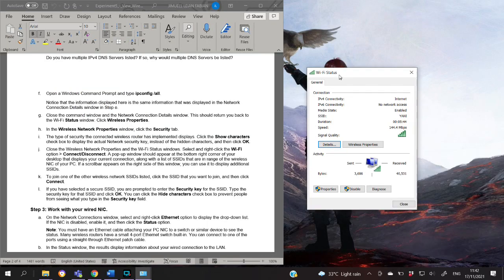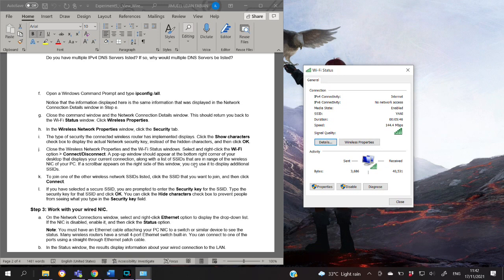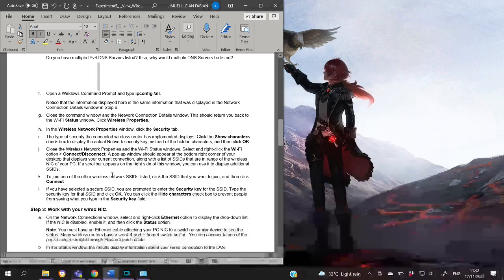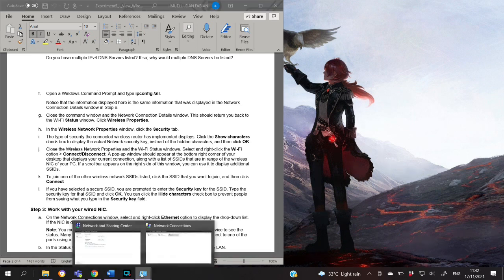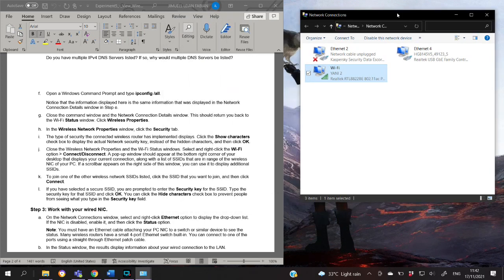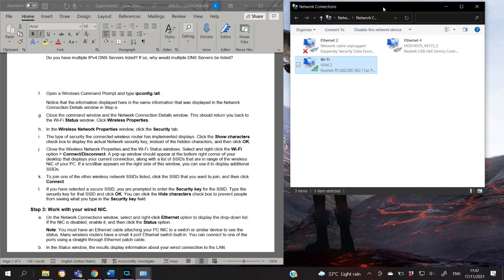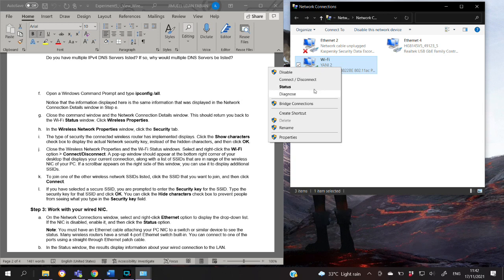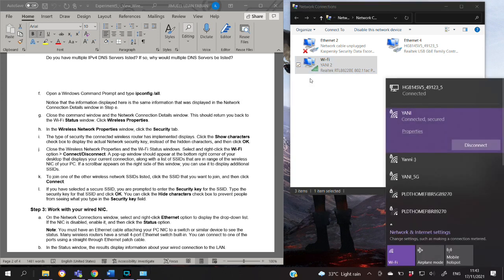Okay, so we will go and right-click the Wi-Fi again. Right-click Wi-Fi, and then we will go to Connect/Disconnect. And as you can see, it shows